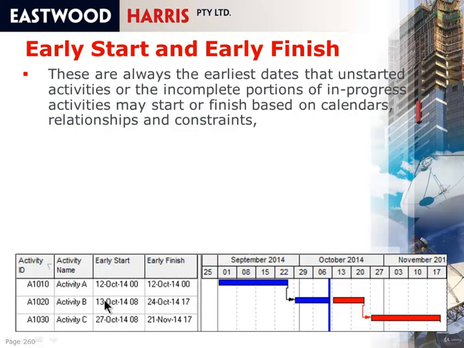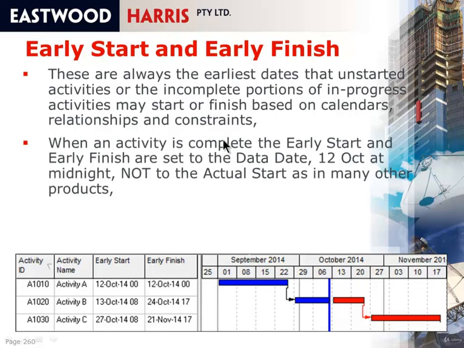More commonly, other software would actually show this date here, which is the 29th of October, as the early start with an A for an actual. But P6 displays this differently, and the early start for an in-progress activity is what is more commonly called the remaining early start. When an activity is complete, you will see that the early start and the early finish are set to the data date. That's the 12th of October at midnight,